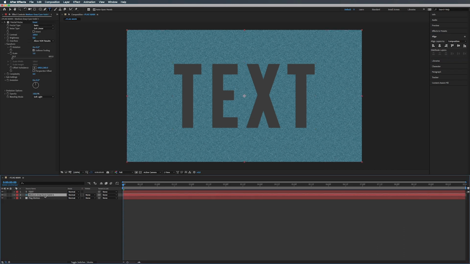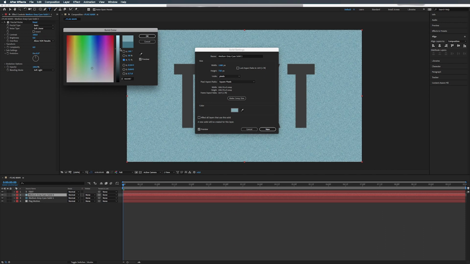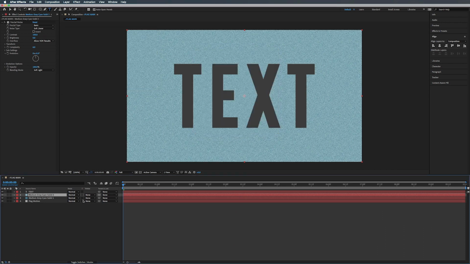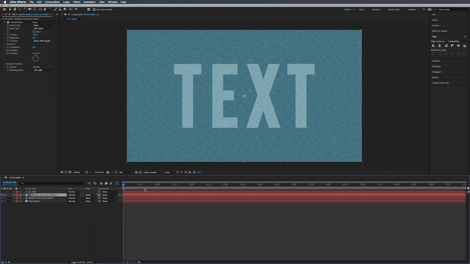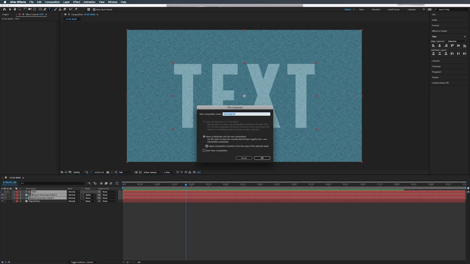Now we can duplicate this layer. Command D. We can duplicate our original solid that we made here. Command D, maybe set the color. Shift Command Y to be like a brighter color. Something like that. And we can set the track matte to be alpha matte for the text. There we go. So this is our flag. So we can take our text and the 2 solids that we created, and we can pre-compose them. And we'll just call this